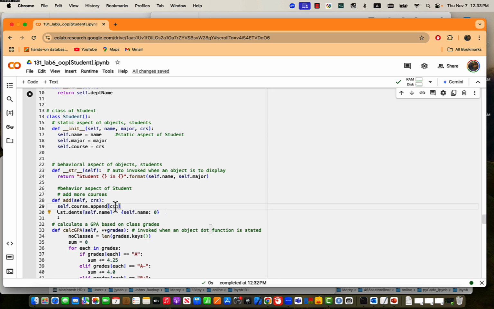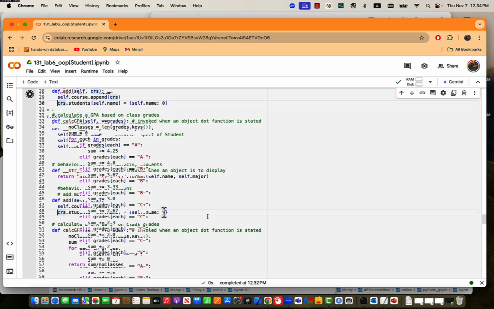CRS is the object of that class. So that class has a student list, student information, which is in the dictionary. But CRS itself is not yet an object ID, although it holds object ID. So watch this. Why I am trying to say, if I do this, then